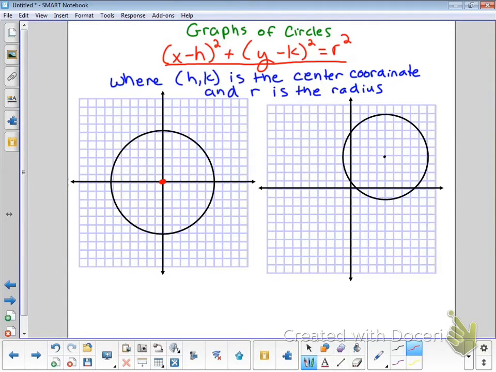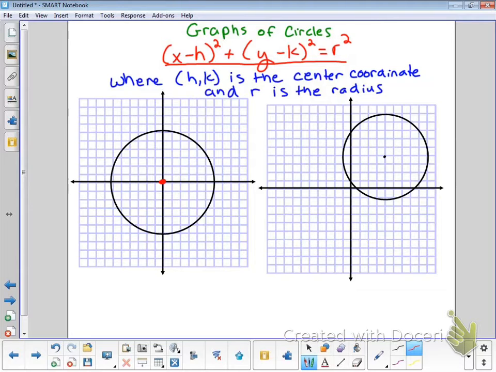So in red and underlined, you will see that you have a formula for finding the equation of a circle. That's (x minus h) squared plus (y minus k) squared equals r squared, where (h, k) is the center coordinate of the circle and r is the radius. So underneath that we have two circles. I have one on the left and one on the right,